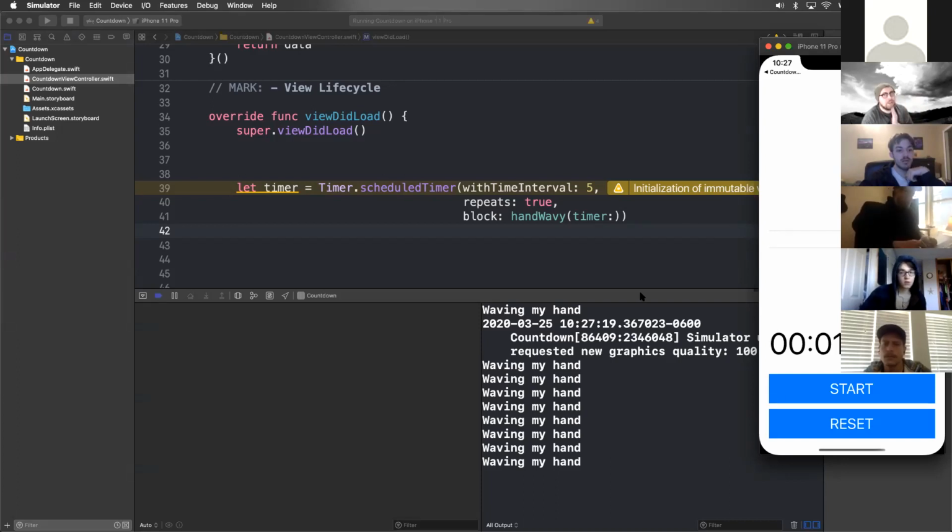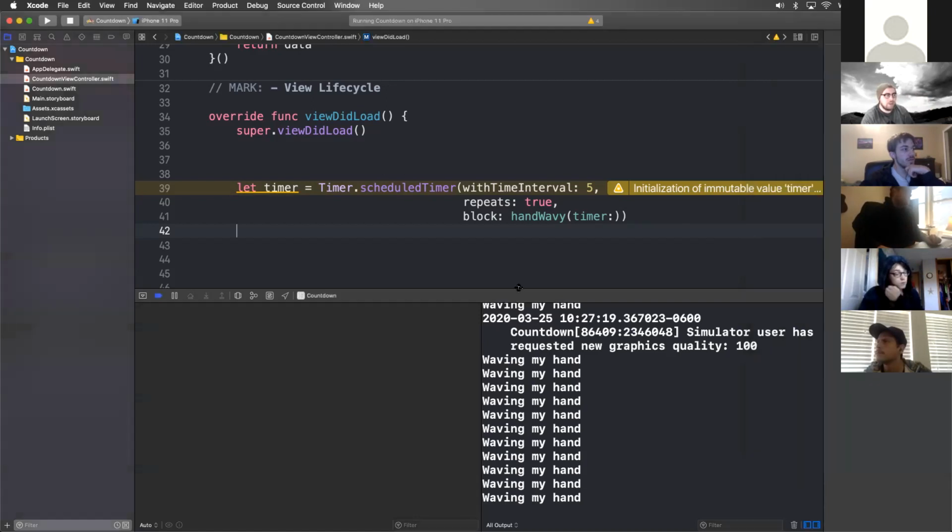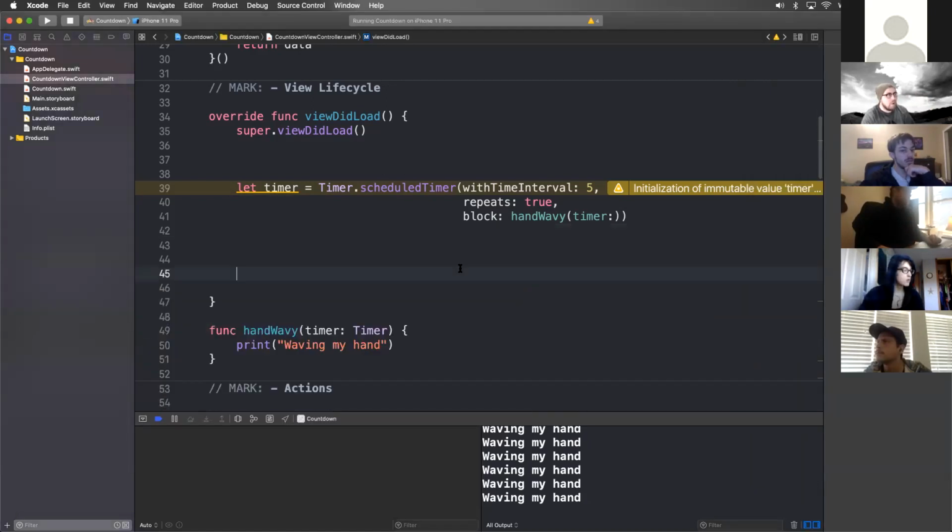So before I do a 1 to 3, let's talk about, well, okay, what if I don't want this to keep running? What if I've reached the end of the time that I needed to wave my hand here? The hand waving is over. What we could do is, well, this isn't really going to make any sense because it's not going to look like it's doing anything, because I'm going to cancel the timer immediately. But if you wanted to stop the timer, so I'm just going to say sometime later,